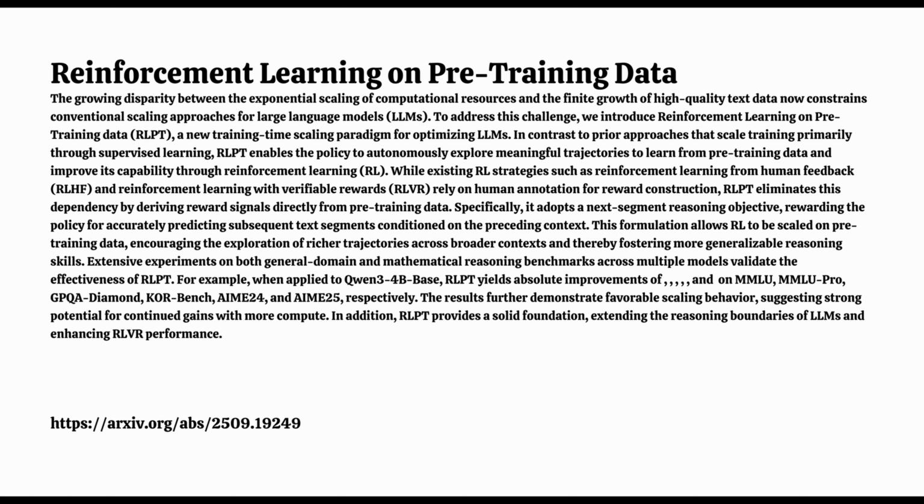Wow. And the sources really highlight the GPQA-Diamond results. Yes, because GPQA-Diamond is designed specifically to test deep, multi-step reasoning across lots of complex topics. STEM, humanities. It's really challenging. And the improvement there: an 8.1 absolute point increase for the Qwen3-4B model after RLPT. That's a massive leap, and it strongly suggests RLPT is unlocking these deeper reasoning abilities by forcing the model through those intermediate steps. Significant. Any others? They also noted a 6.0 point gain on KOR-Bench, which covers diverse fields like law and economics, again showing breadth.